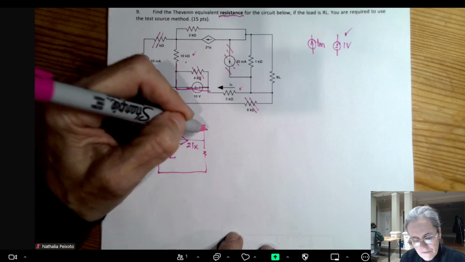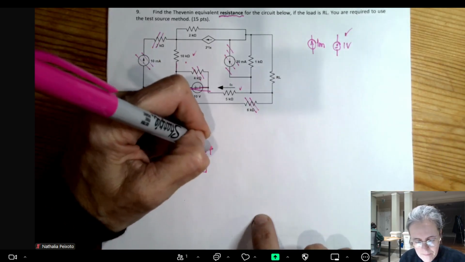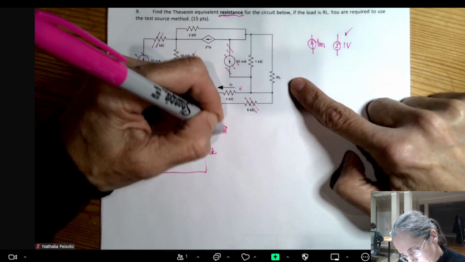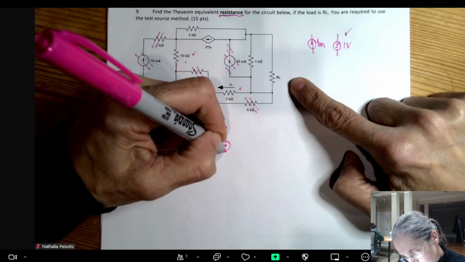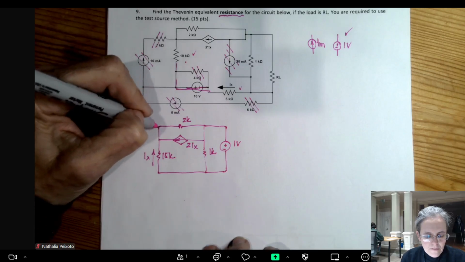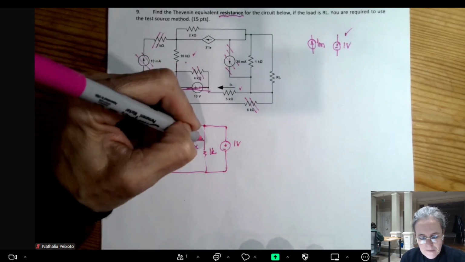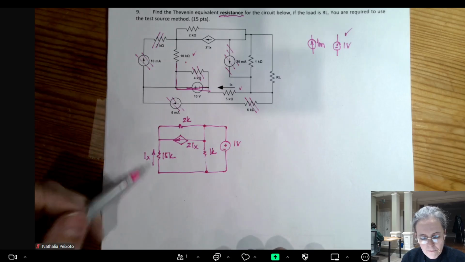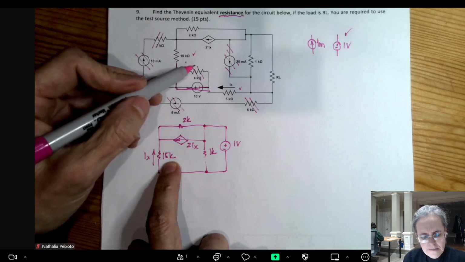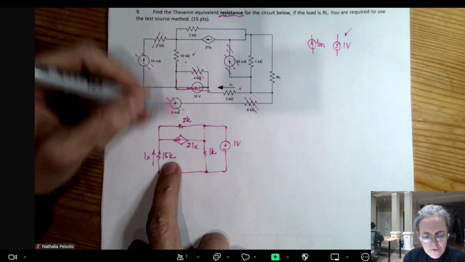And then all that we have is the 1k, and instead of the load, I'm going to put, I think, a 1 volt power supply here. And so this is the circuit I expected. If you drew this circuit with 15 kilo ohms, not 17 or 19, you already got possibly 5 points